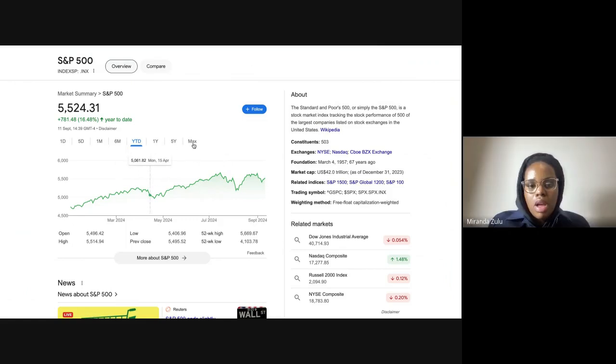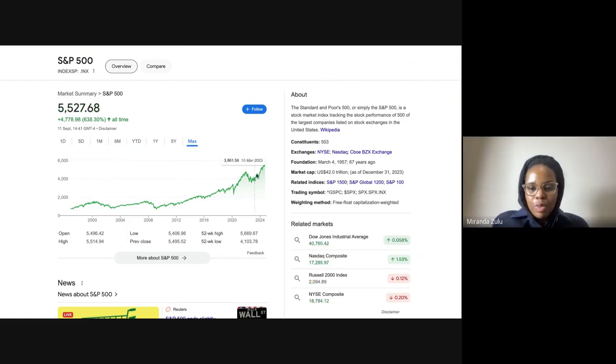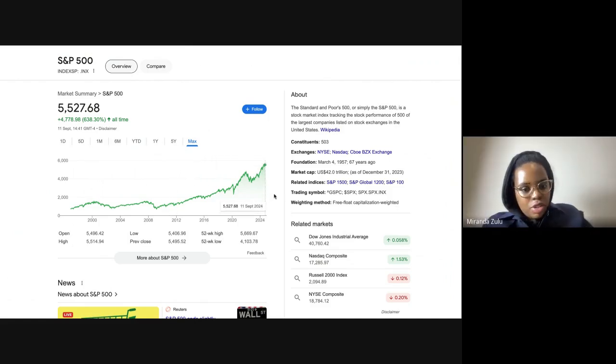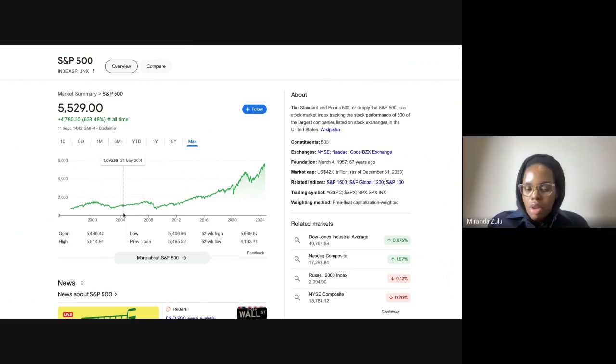Yeah, it recovers. Because if you look at the S&P 500 maximum, the best time to buy was in '96, if you look at how it's performed over time. But then also the second best time is today, because this graph is not stopping, it's going to continue. True. So it's never too late to start, basically. Absolutely not. It's never too late to start. The best time to invest was yesterday. The second best time is today.